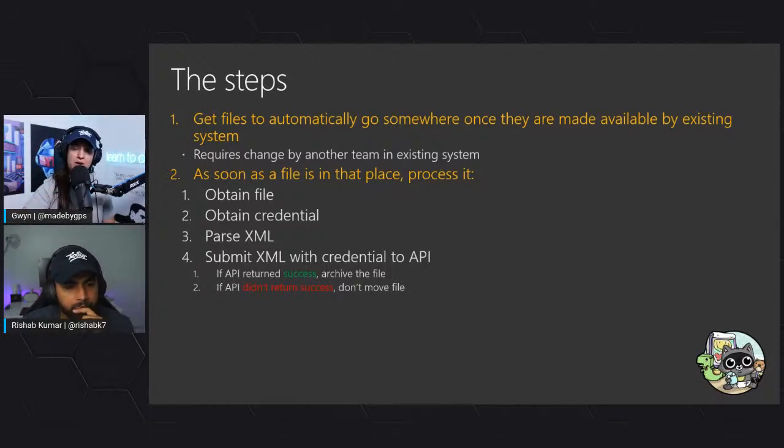When you have hot storage versus archive storage, there's a significant price reduction in storage that you use just for archiving. So the more we can save money, the better. And if the API didn't return a success, we don't move the file. We have to leave it in the same place so it can get processed again. Fantastic. Then, regardless of what the response is, we need to save the API response somewhere. I also mentioned that we needed to be able to update credentials and to see the actual responses.